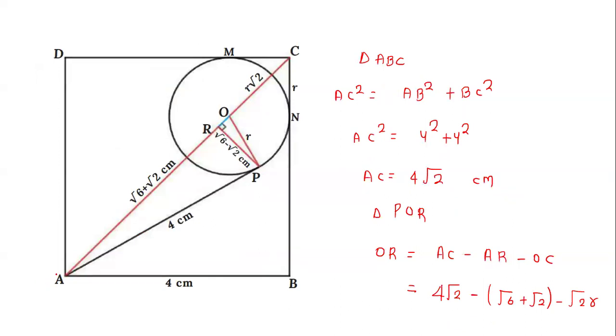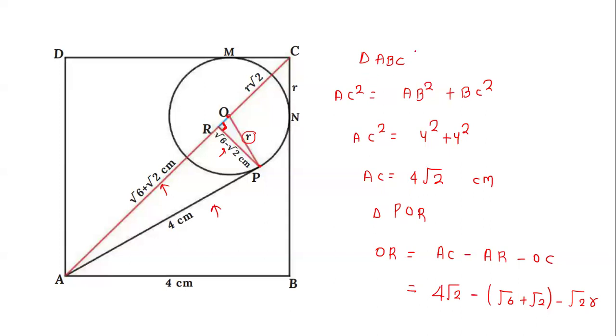So now you look at this. This is our RP distance, and this is AR distance, and this is AP distance, and O is the center. If you join O and P, this is the radius of the circle from the center to any point on the circle. And this angle is 90-degree we know. So this is a right angle triangle, so you can apply Pythagoras theorem there.